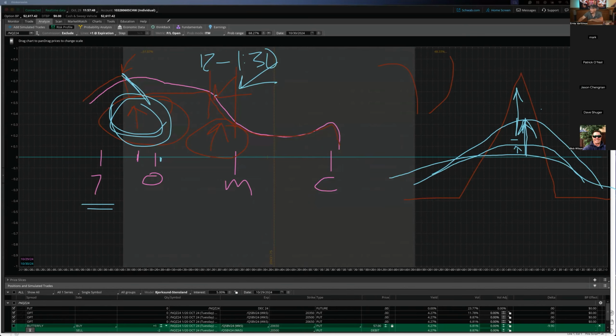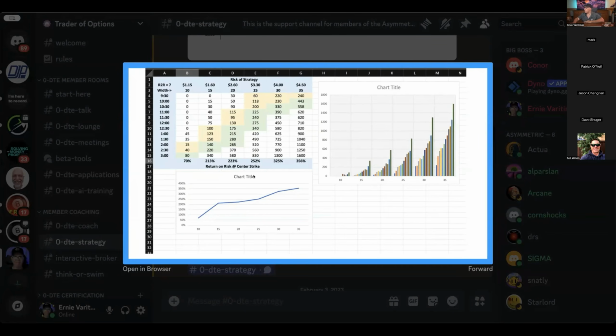A study that I did a while back illustrates this as well, but not without talking about the economic reports, because I'm just going to talk about now the market. This is a study I did a couple of years ago on the growth of premium at the money inside of a butterfly at the center strikes. And the biggest thing that I'm showing in this particular study is just the difference between the rate of growth and the width. And so you can see that while you would expect the width to contribute way more total growth, what you'll also see is that the rate of growth for an increasing width is actually faster as well. But you'll see that the rate of growth really starts to pick up right around here, which is midday.